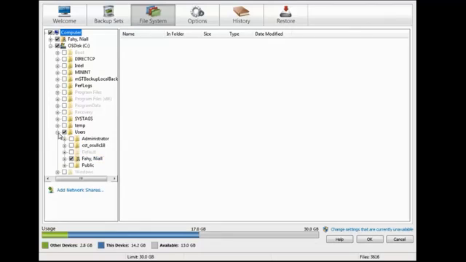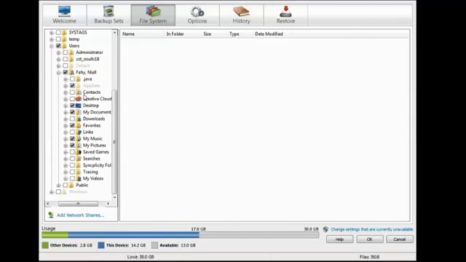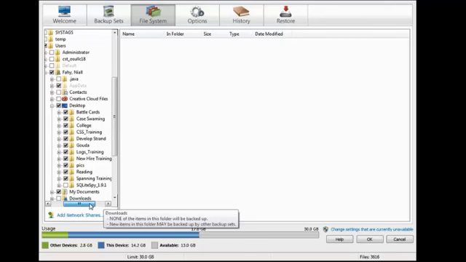The key thing to note about if you're using the File System tab for backups is that what you really want to do is be sure that you get the little green check mark. Okay? And what I mean by that is, if we go into the desktop here, and let's select